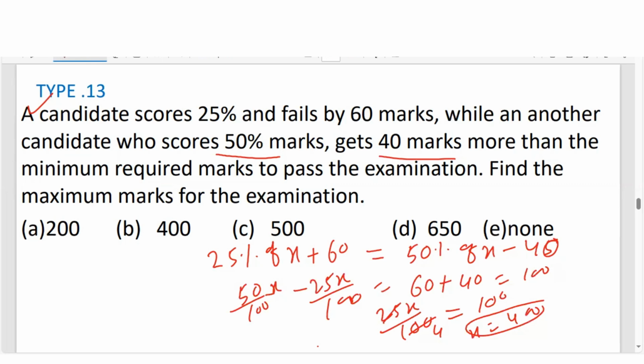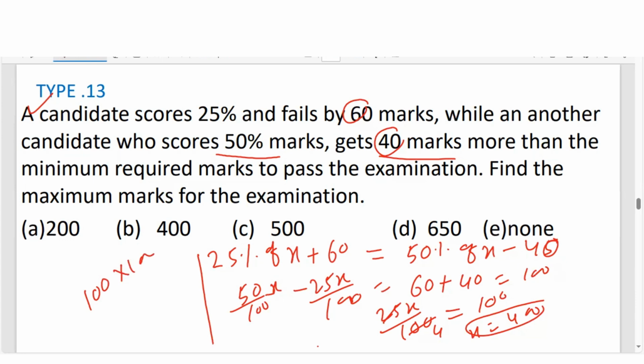This is the basic method. You can solve this question in only a single line. Here 60 is given and here 40 is given. So one is fail and one is more, that is, one is less and one is more. So just add these numbers. If one is less and the other is more, the opposite, you have to add. So 60 plus 40 is 100. So just 100